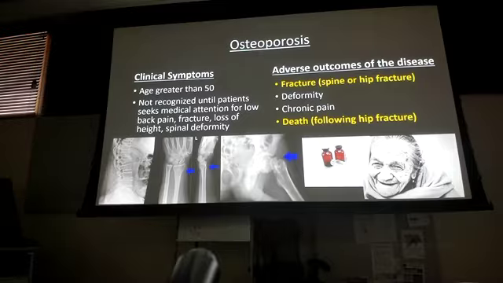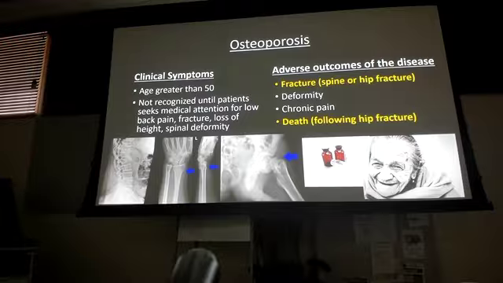Okay? Not recognized until the patient seeks medical attention. So, I didn't know I had osteoporosis, doc, but I fell and broke my wrist. I got treated for that. Then I thought I was good, and then I fell and I broke my other wrist. Right? So these patients are at risk for fractures and for certain conditions, and they didn't even know they had osteoporosis. As a country, we're the worst in the world at osteoporosis prevention. We just are. Okay? Maybe not the worst, but we're not good at it. Because prevention is key. Making sure that you identify and stop the progression to